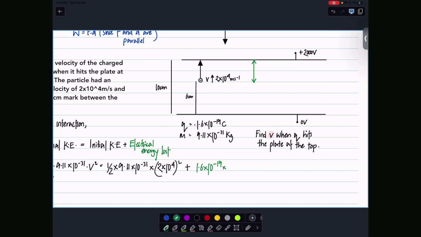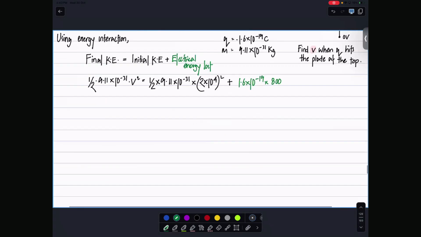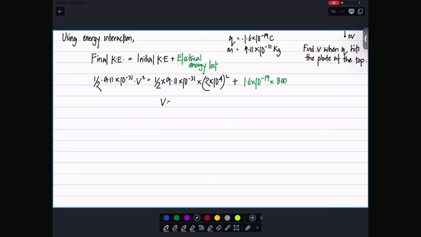Yes, correct. So how to get the PD here? If 2000 volts is because of a distance of 10 centimeters, then 4 centimeters will give you a potential difference of X. Unitary method, right? So how much is X? 800 volts. So once you do this math, whatever the answer is the answer. Check করো তো কত আসে।